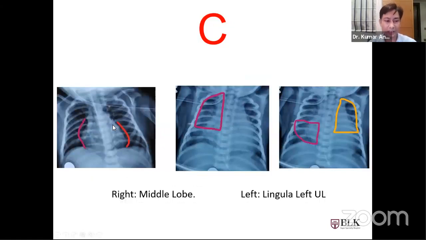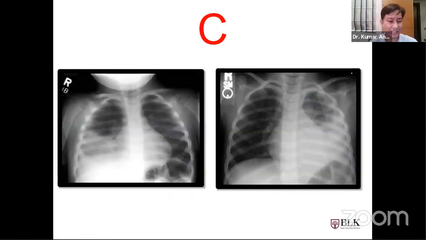So this is the right heart border, this is the left heart border. I told you that the middle lobe is abutted by the right heart border. So in this X-ray, you can see the right heart border is lost, so you cannot visualize the right cardiac silhouette. So probably the lesion is not in the upper lobe, but in the middle lobe. In this X-ray, you can see the left heart border is not visualized. So the lesion would be in the upper lobe, but in the lingular lobe of the upper lobe.